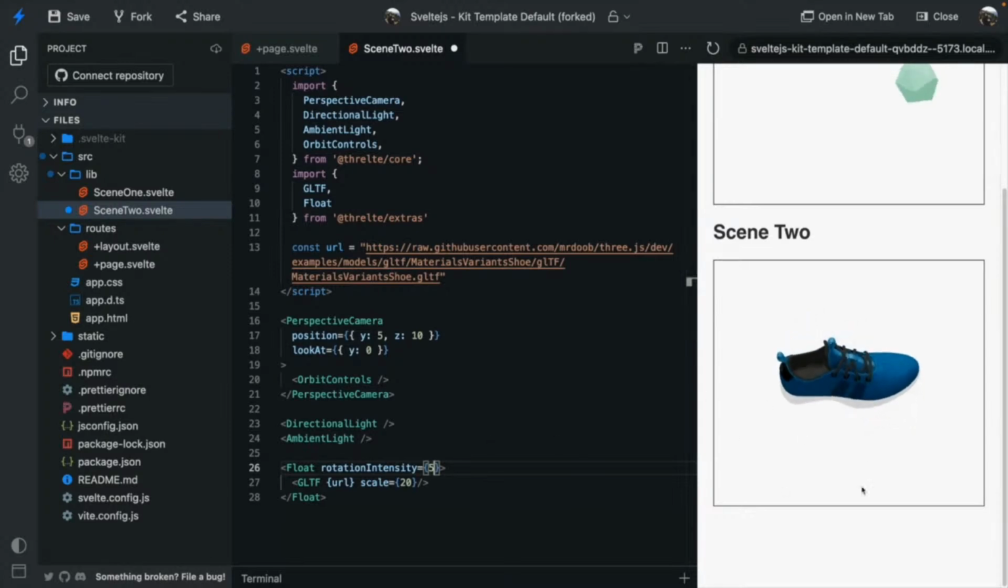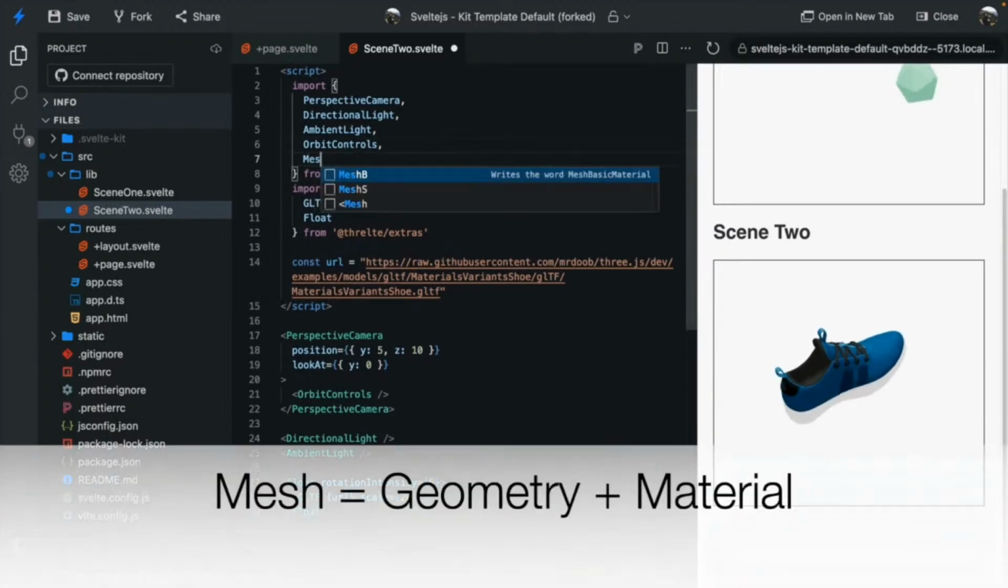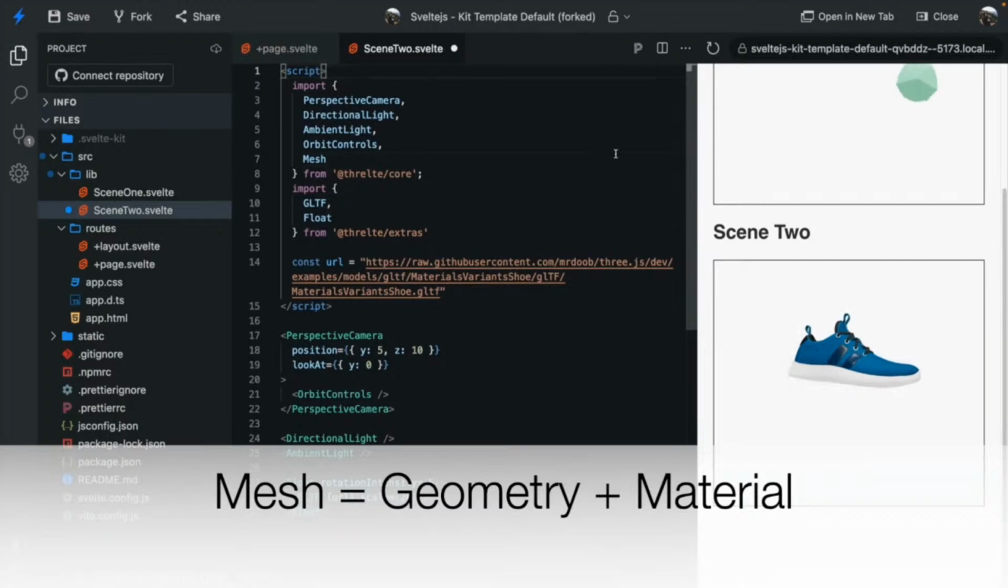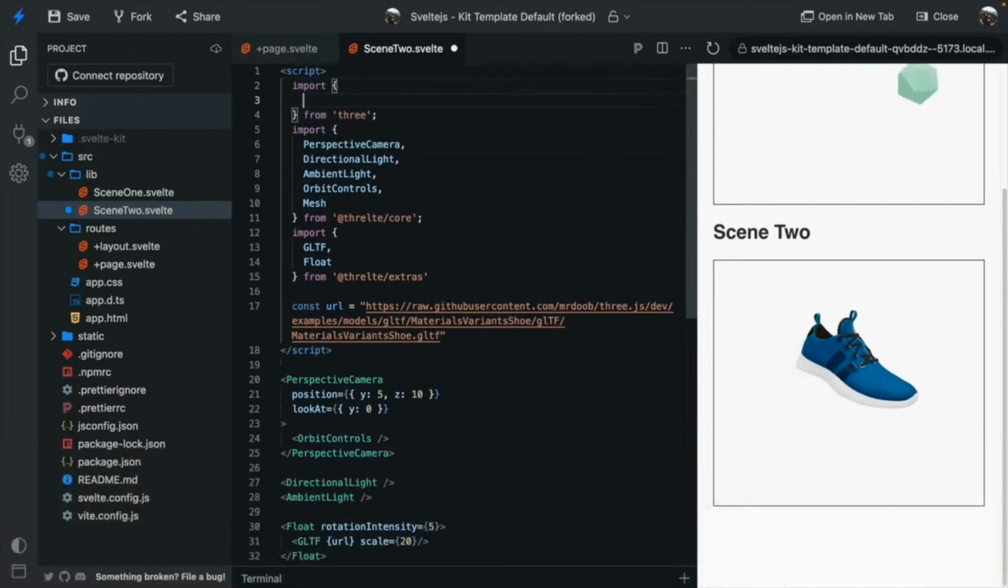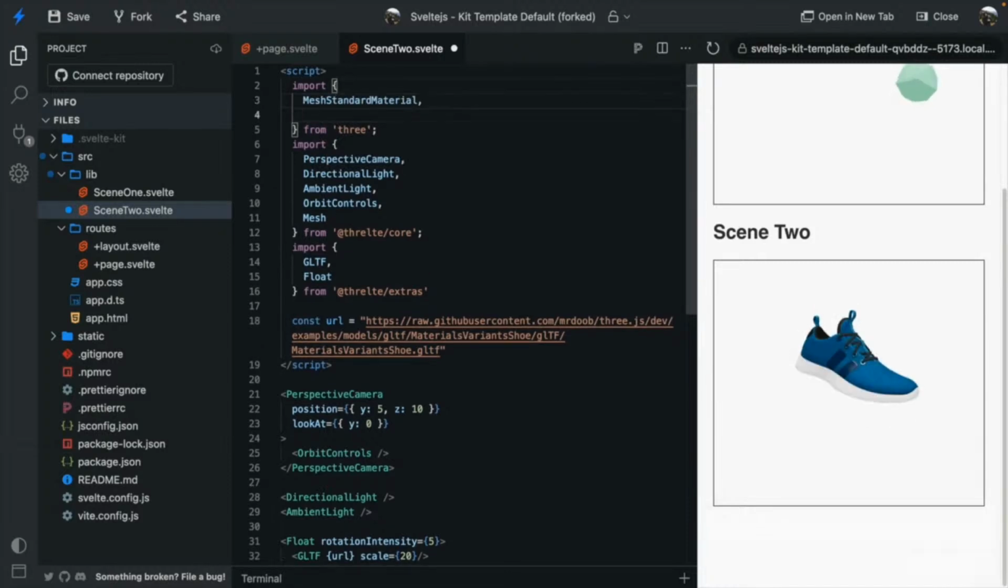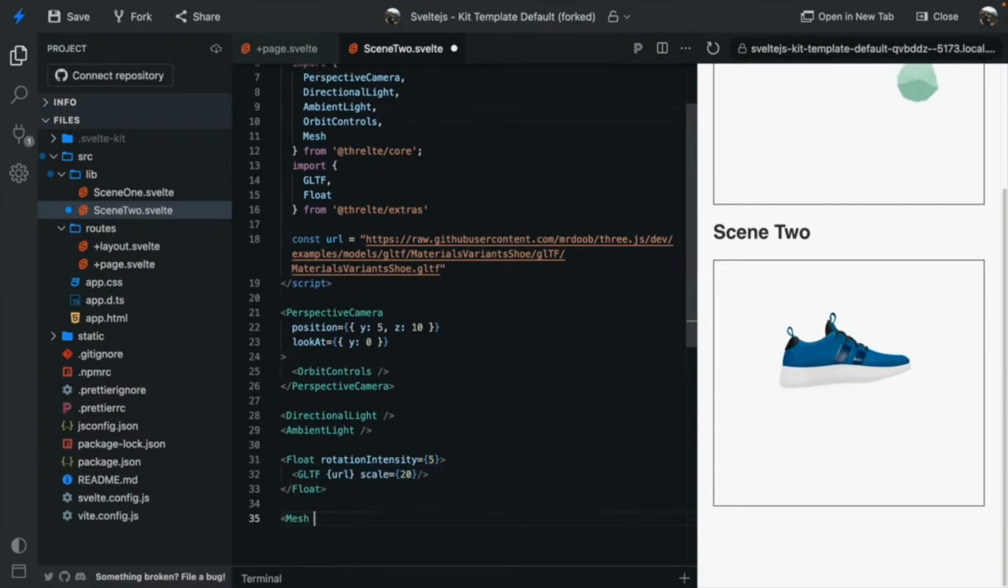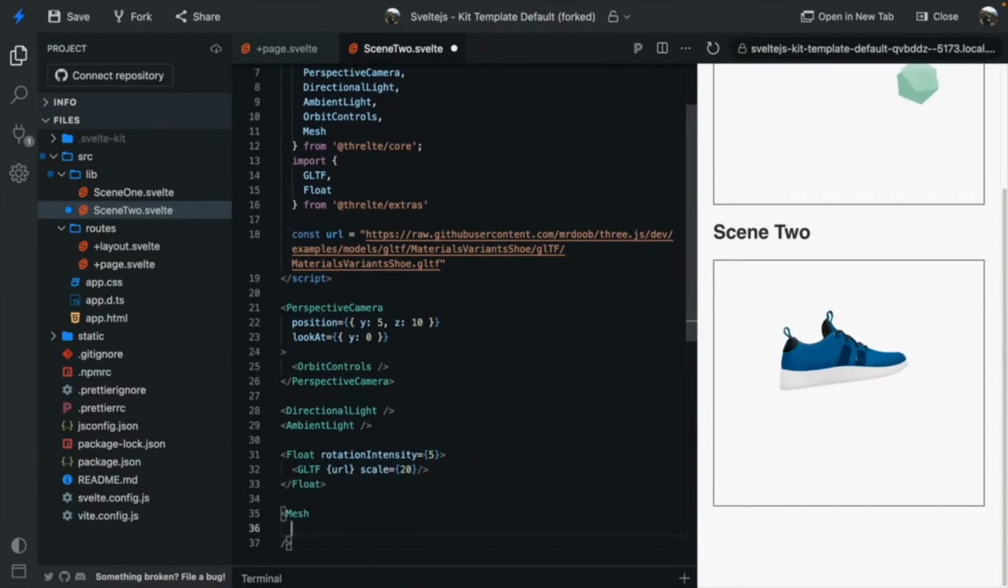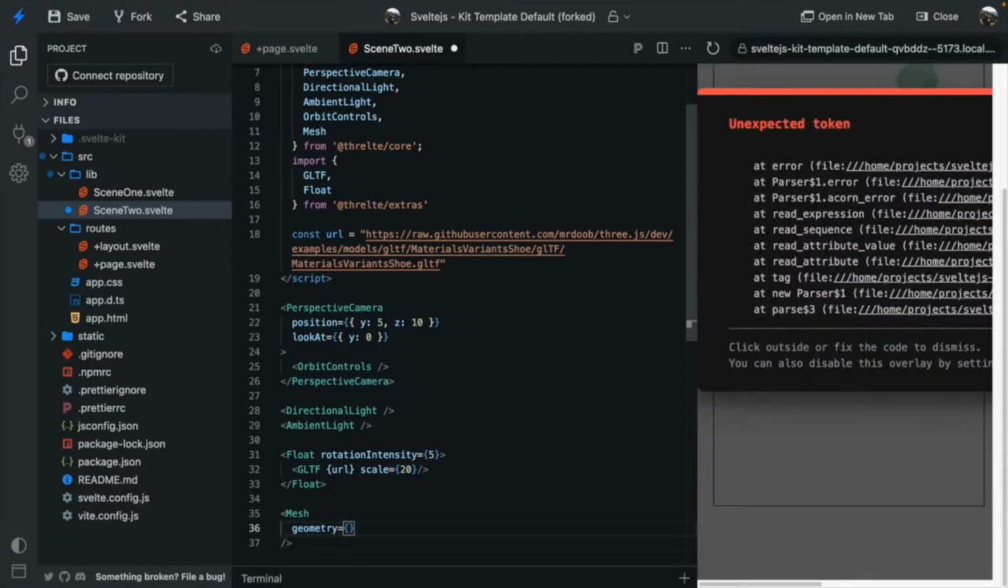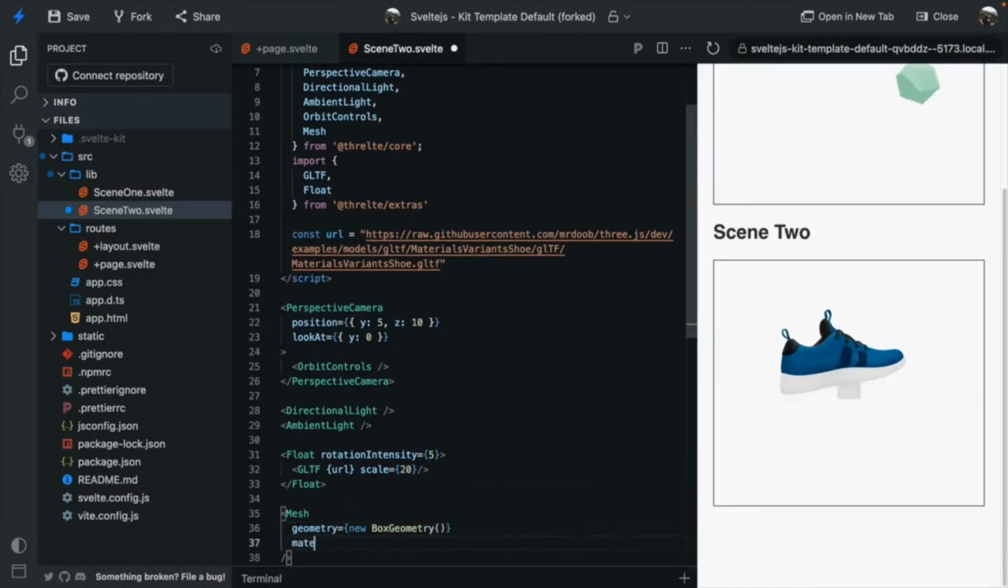So let's add a mesh underneath, sort of like a floor, and then we'll add some shadows too so we can see it moving around a little better. So we learned how to add a mesh in the first scene. So we'll import the Mesh component from Threlte core, and then we'll import MeshStandardMaterial from Three, and let's just say a BoxGeometry from Three as well. And then down here, we'll use our mesh. For the geometry, we'll say new BoxGeometry. And for the material,